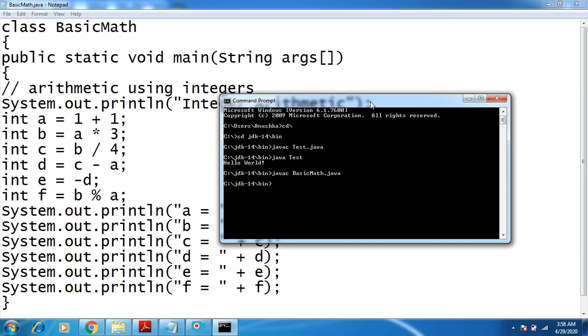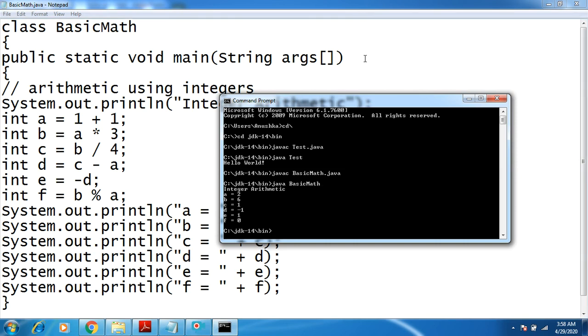If there are any errors, it will show them, otherwise it will come back to the prompt. Then execute it by giving the java command, space, BasicMath, the name of the file, which will have the extension .class. Just type the name of the file and press enter.